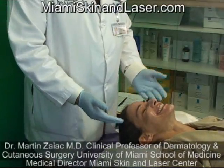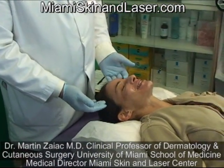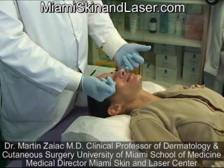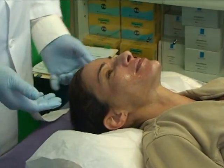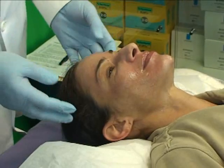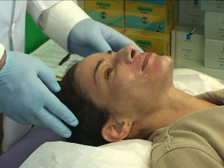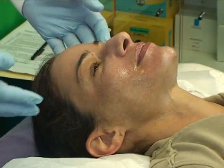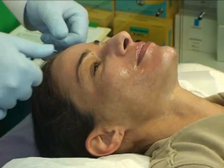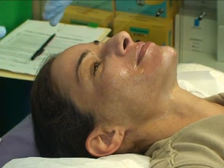Simone is here today, and she's a beautiful young lady who has some evidence of sun damage, but her biggest problem is a little bit of pigmentation, which is blotchy. This can be caused just from some exposure. It can be caused from hormonal changes, whether it be birth control or just hormone imbalance in the patient, as well as some medications or pregnancy. So our goal today is not necessarily to treat her very aggressively for wrinkles, but mostly to try to address